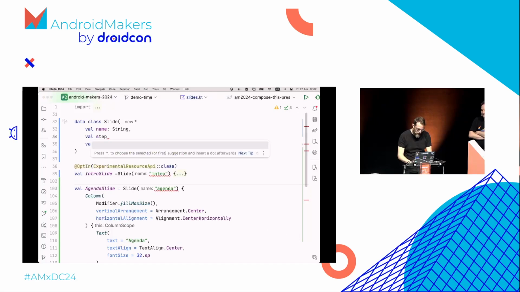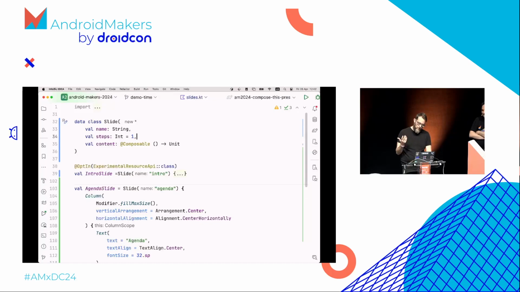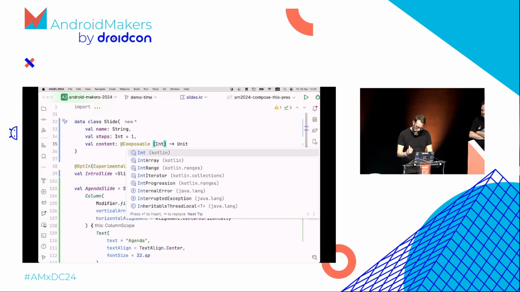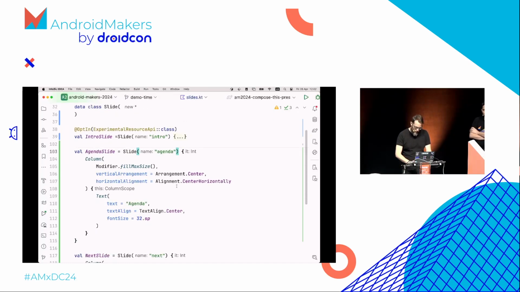Firstly, I need to add a step count inside my slide structure, so it defines how many steps a slide can have. And additionally, I need to pass a current slide integer to the content composable so it can behave accordingly. Now we can add some steps to our slides, so the first slide won't have steps. And the agenda slide will have two steps,